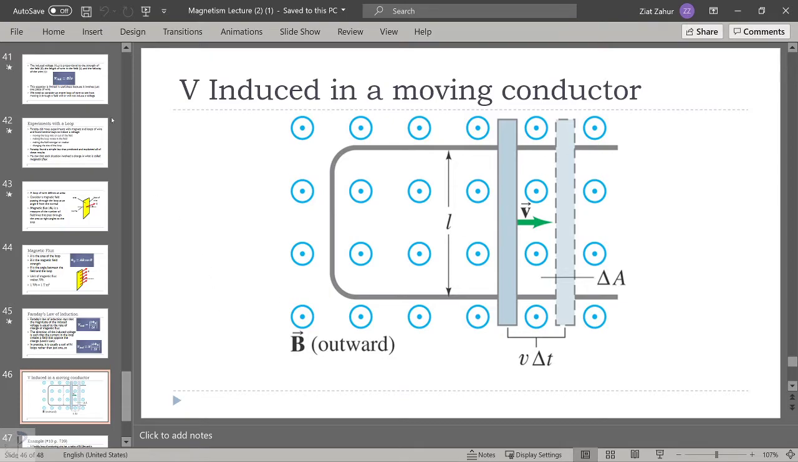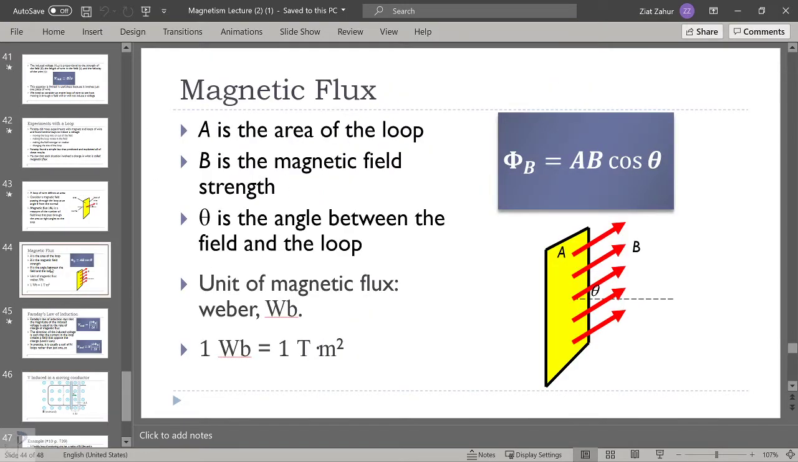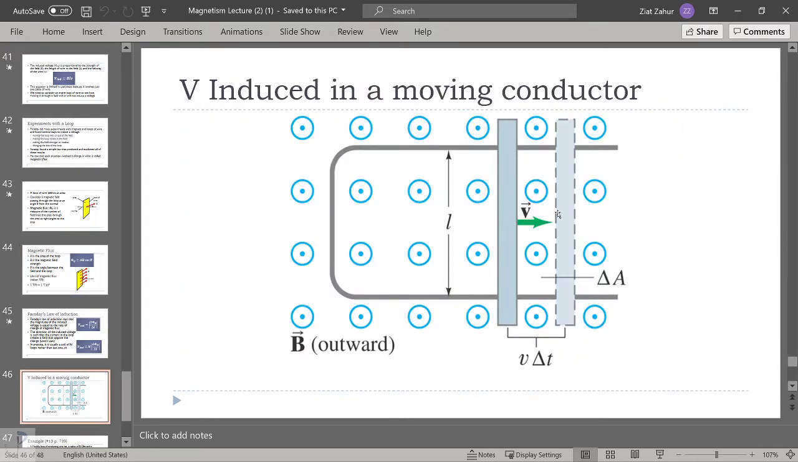When the area increases, the flux increases. Flux meaning how much of the magnetic field goes through the area, AB cosine theta. So the flux increases. Notice how we have this external magnetic field. The external magnetic field is pointed outwards, which means that it's coming out of the screen here. When I change the area, there are more magnetic field lines going through